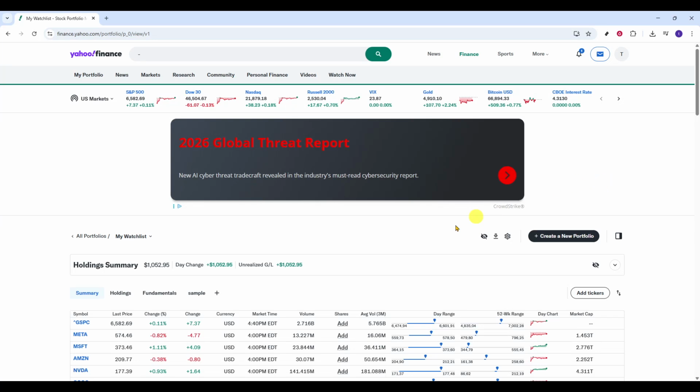Hello, today we will guide you through how to switch to dark mode in Yahoo Finance. Dark mode can make charts and news easier on the eyes, reduce glare and low light, and help you focus on the data that matters. Let's walk through the change step by step, keeping it simple and clear so you can follow along on your